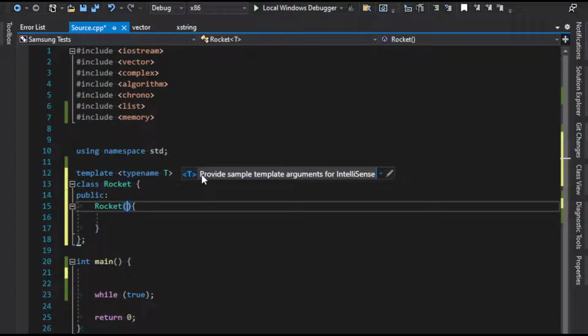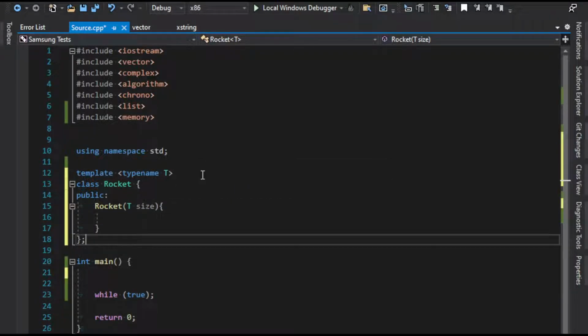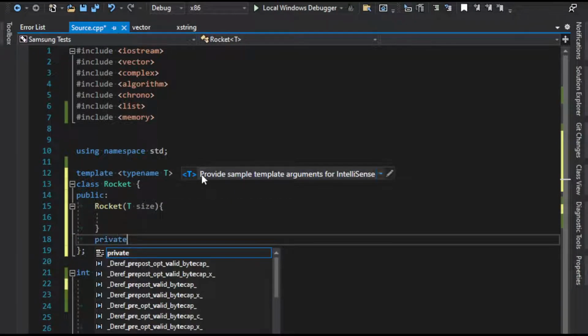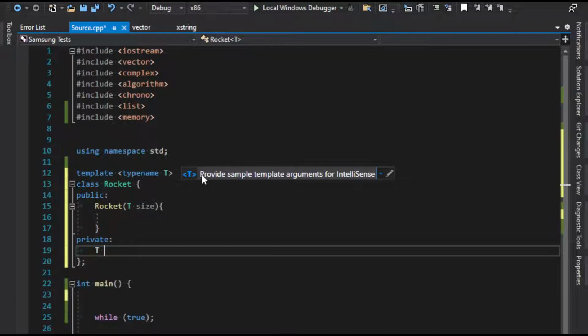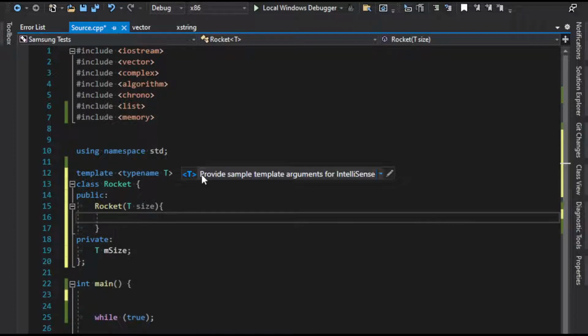So let's say an argument of type T. Let's call it size, and down here in the private, I'm going to create a member variable called mSize and